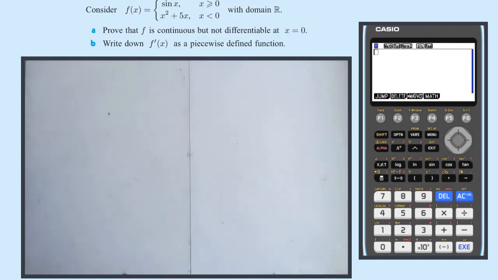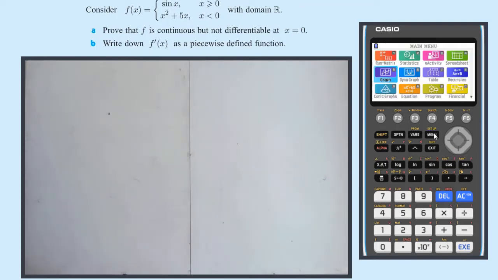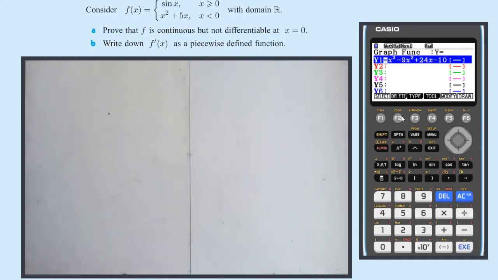So something like this. It might be a good idea to have a look at the graph. So remember, you've always got a calculator there if you like, and if you don't know how to start a question like this, having a look at the graph is probably quite a good option. So we go into menu and graph, get rid of anything that you don't need anymore, and I'm going to write down sine x. So y equals sine x, and then we have the domain that it's over, so that is